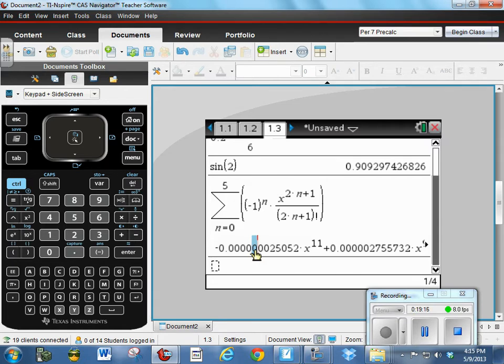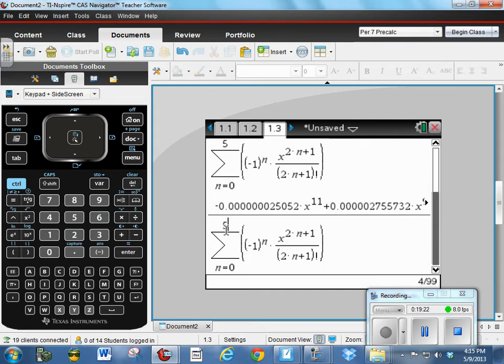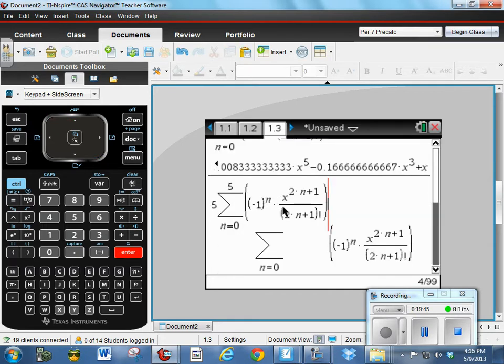But I did forget to do something, and maybe you'll notice. This would actually just show me all my different terms. These would be the values of the factorial with the x, but I forgot to put in the value for x. x is 2 here, so I need to actually do that. So let me get this and put 2,